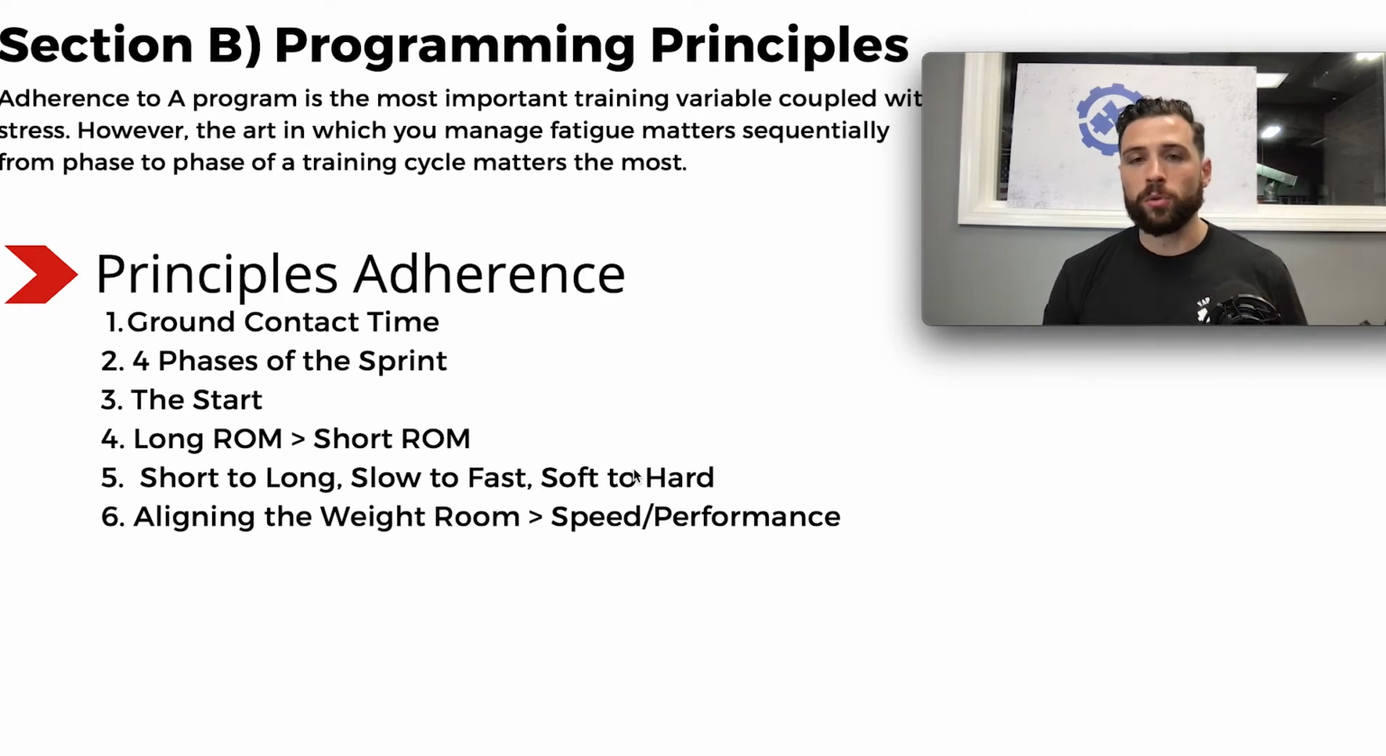As I alluded to before, ground contact time during each segment of the sprint, your start, your acceleration, your attaining velocity, and your max velocity, should be the universal reference point for all of the other physical qualities trying to be trained. The 4 phases of the sprint, the start